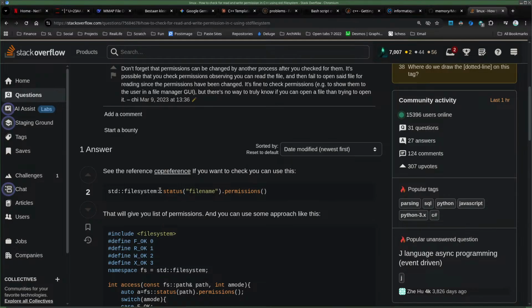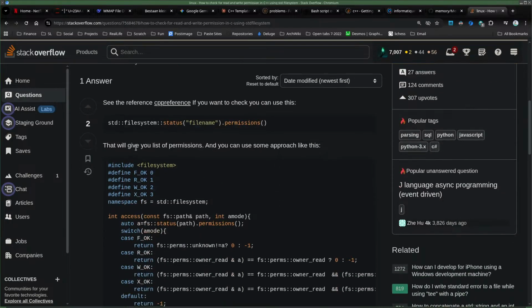See the CPU reference. If you want to check, you can use the standard file system status, file name, permission. That will give you, I guess, a list of permissions. And you can use some approach like